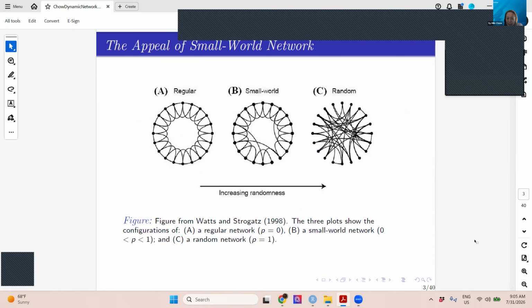So the idea of network analysis existed long before we started thinking about making the networks dynamic or applying them to longitudinal data. Here I'm including some figures from Watts and Strogatz, and this is the idea of a small world network, which is a kind of network that is in between a regular network and a completely random network, in that there are a lot of small triples that you can get in a small world. So they are very connected.